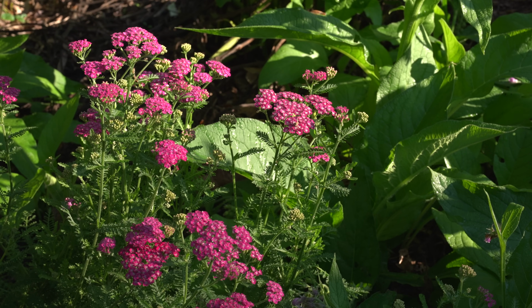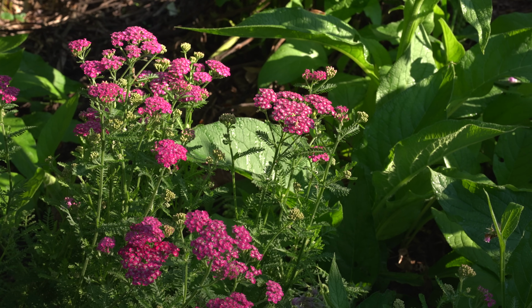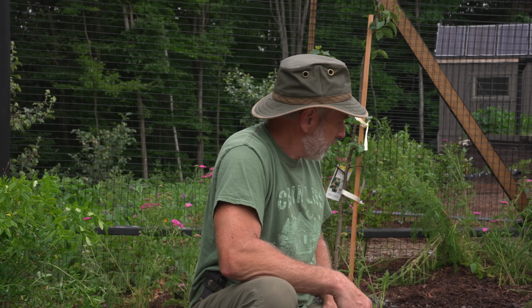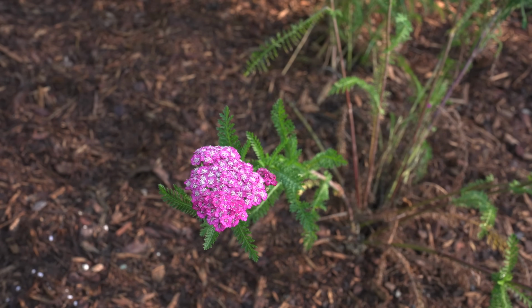So I have my fruit tree here. This is a bosc pear. Got another pear right there so they can cross-pollinate. Got all this yarrow here that I transplanted from the rest of the garden. It's been here 2 or 3 years, so I'm able to just dig that up and transplant it into this garden. It'll do fine. It's a nitrogen fixer,